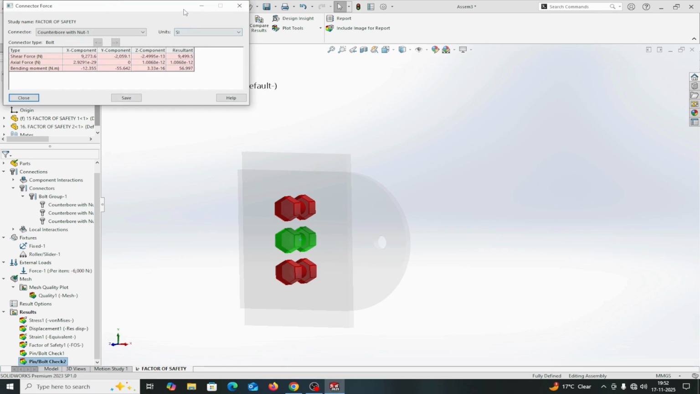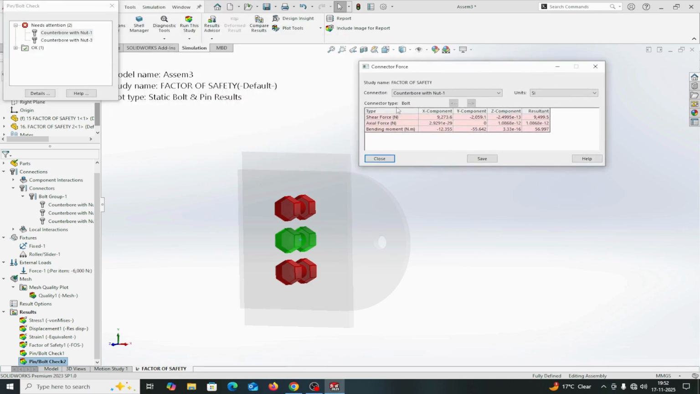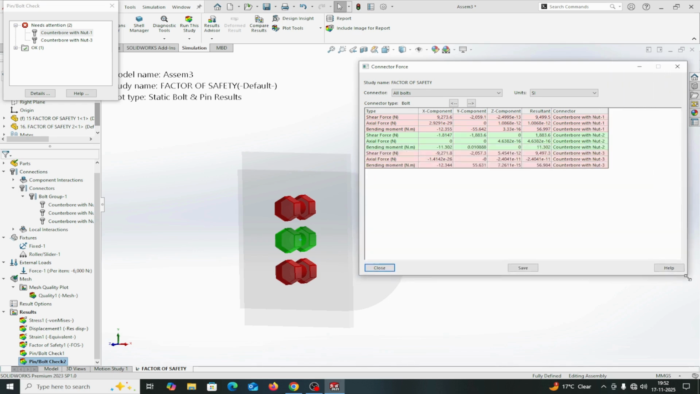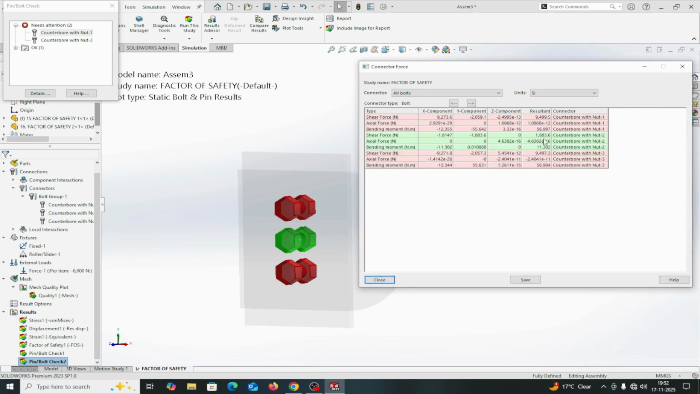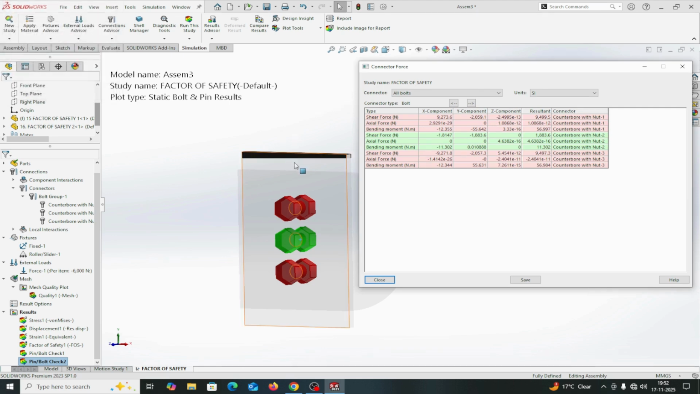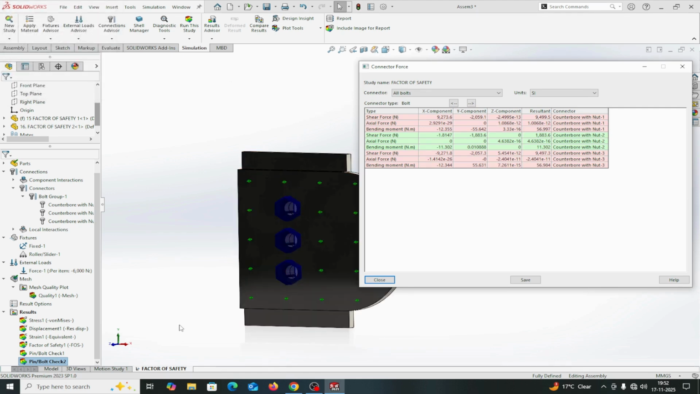There is a shear force here. You can study the shear forces here, with all bolts selected. You will see the shear force also decreases, because the shear force on the first bolt has decreased and the second bolt is safe. So we conclude that to increase the factor of safety by design consideration,